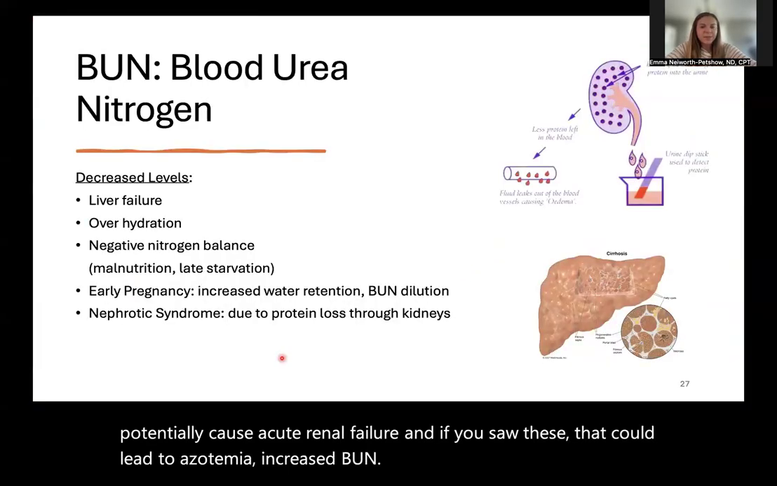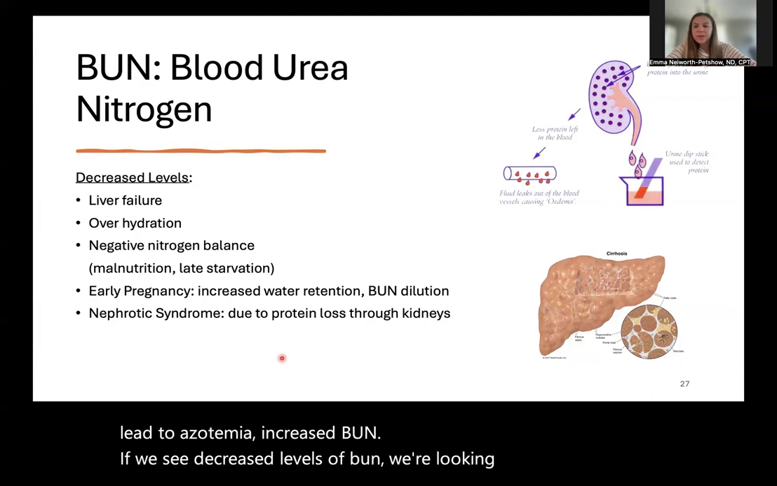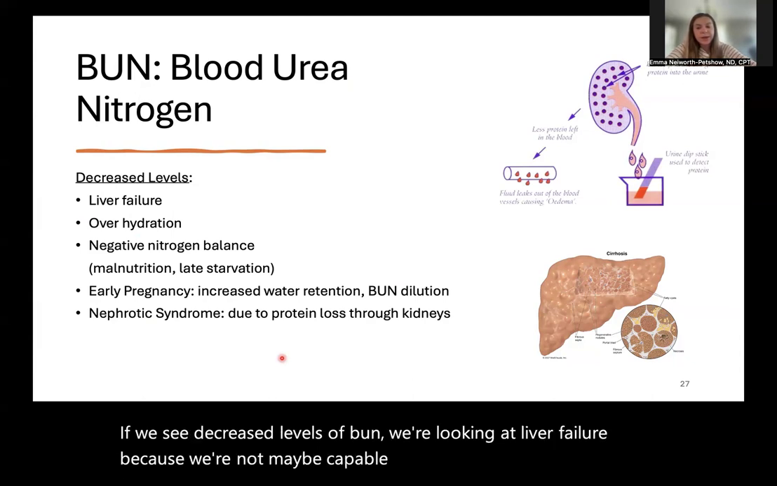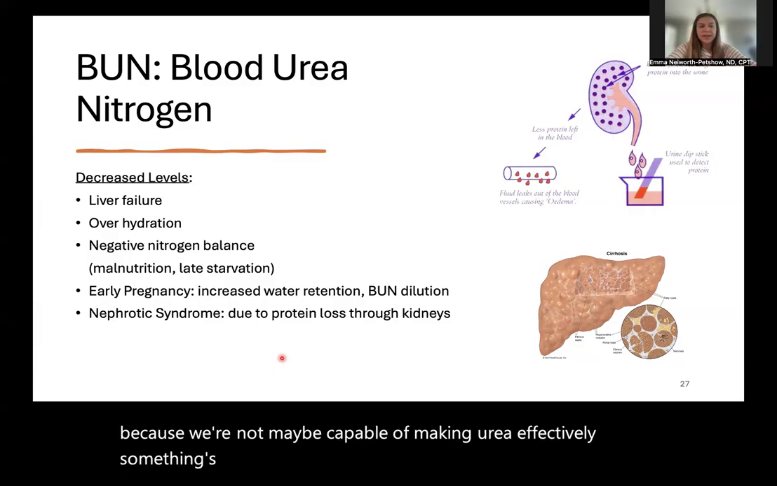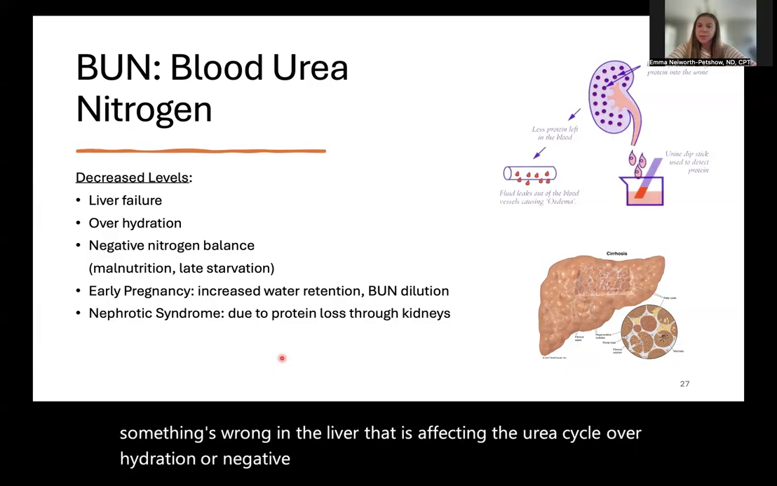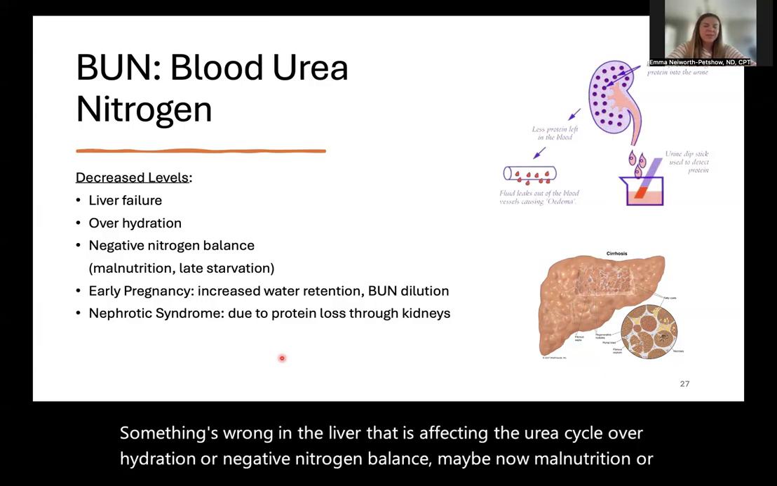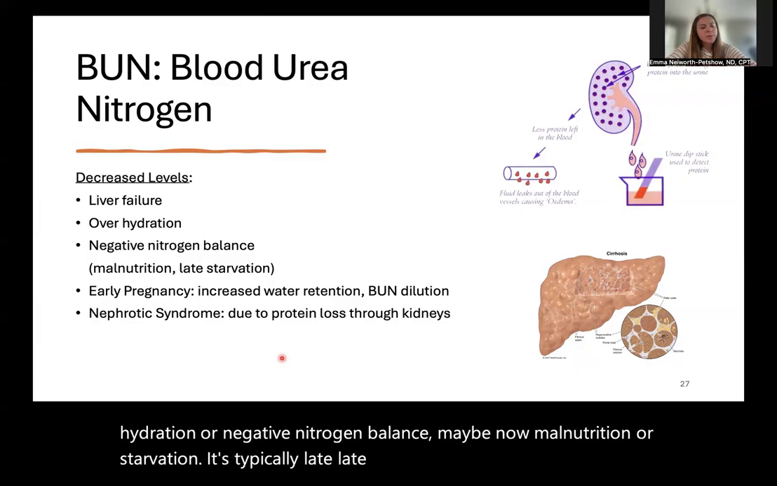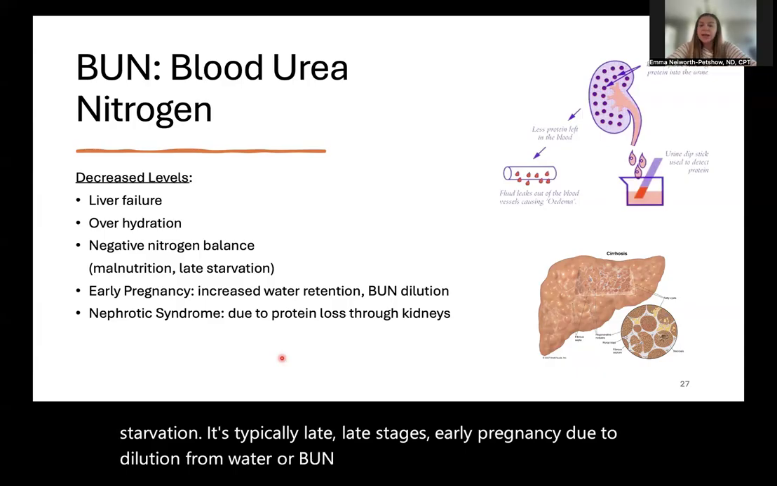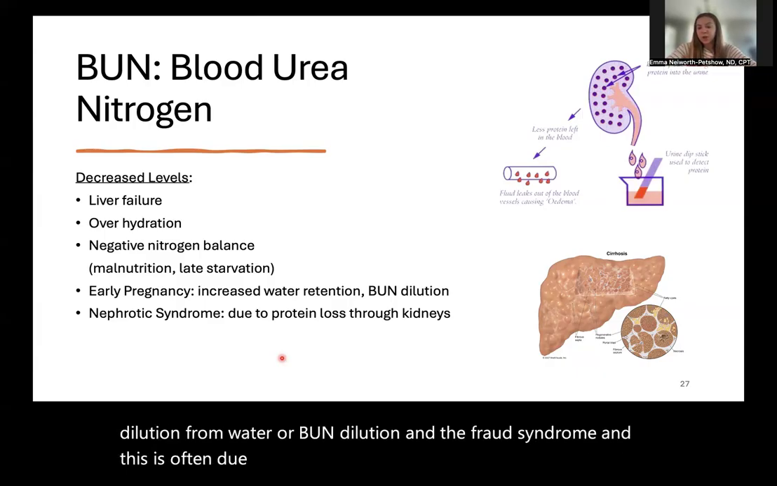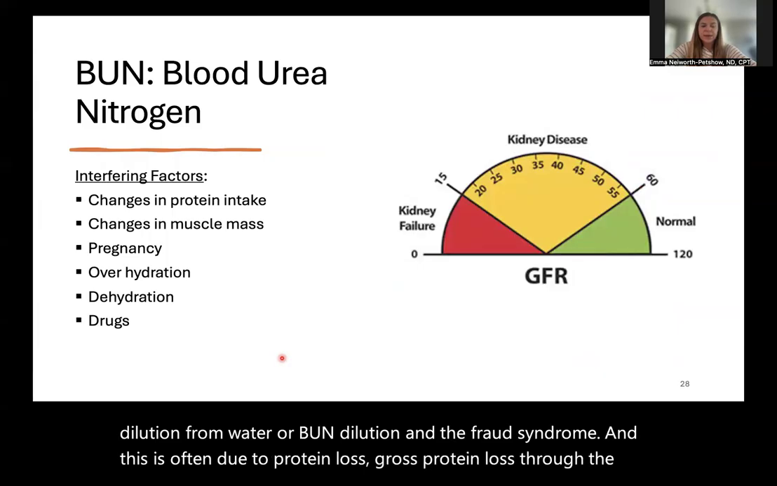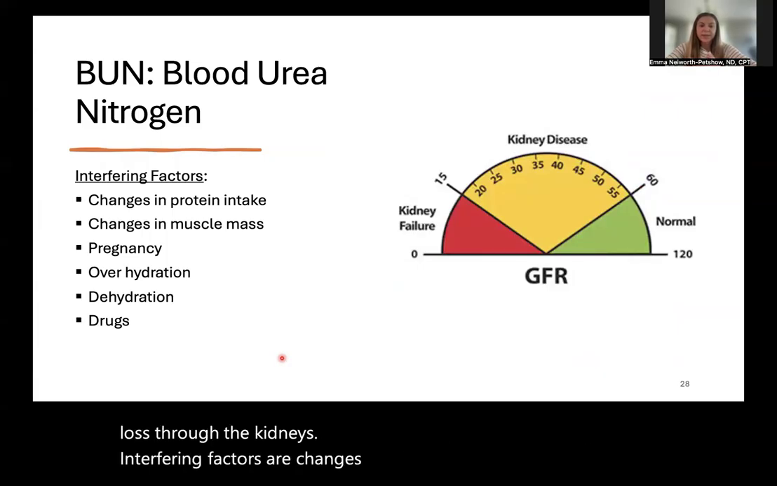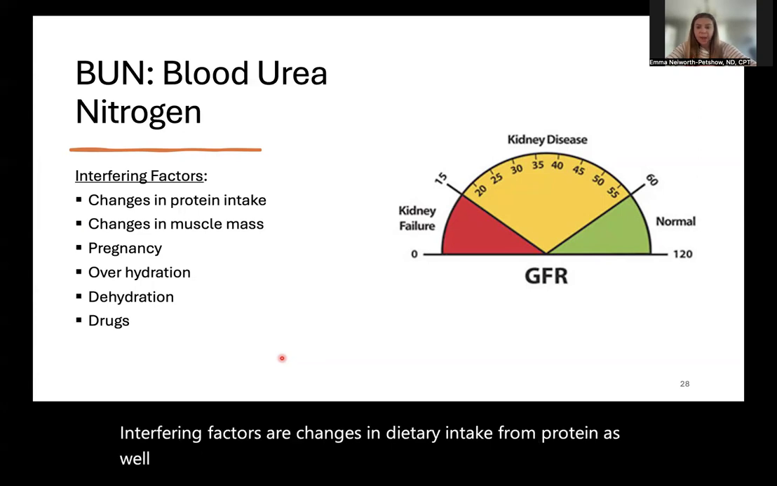If we see decreased levels of BUN, we're looking at liver failure because we're maybe not capable of making urea effectively. Something's wrong in the liver that is affecting the urea cycle. Other causes are overhydration or negative nitrogen balance, maybe malnutrition or starvation, though it's typically late stages. Early pregnancy due to dilution from water or BUN dilution, and nephrotic syndrome. And this is often due to gross protein loss through the kidneys. Interfering factors are changes in dietary intake from protein, as well as changes in muscle mass, pregnancy, overhydration or dehydration,